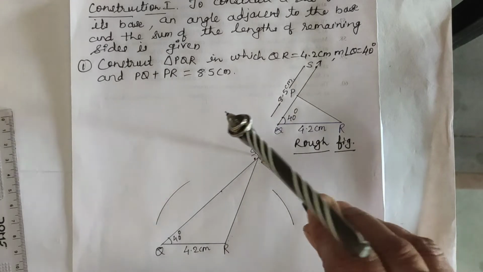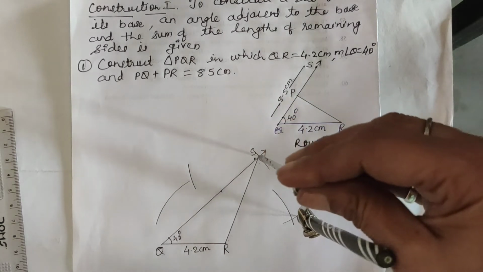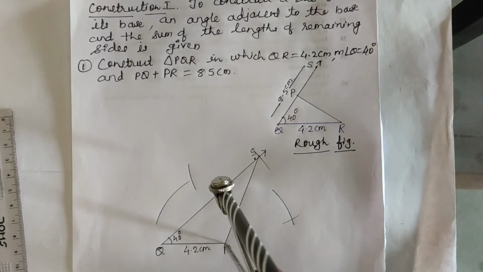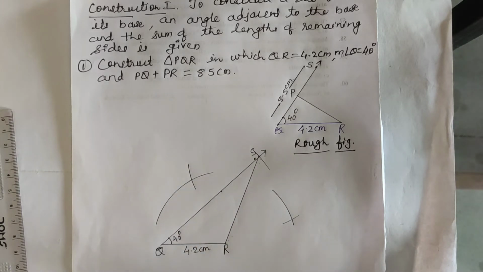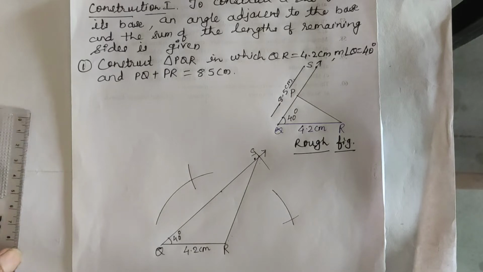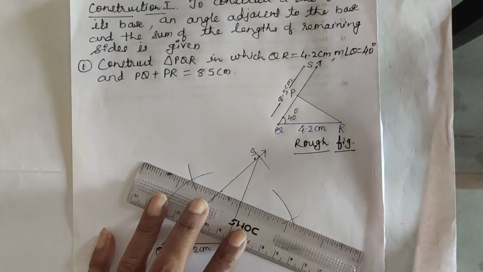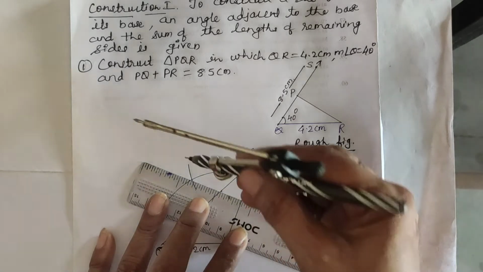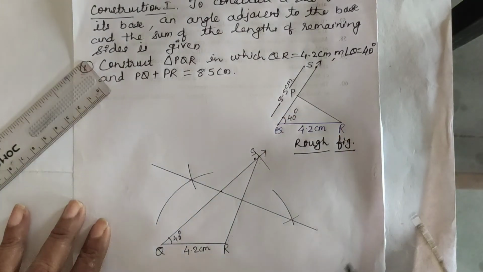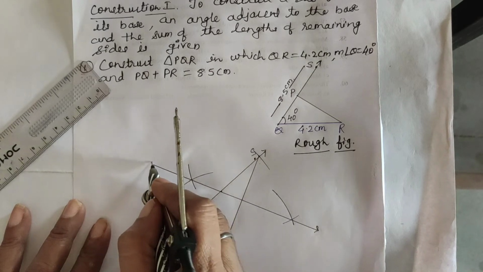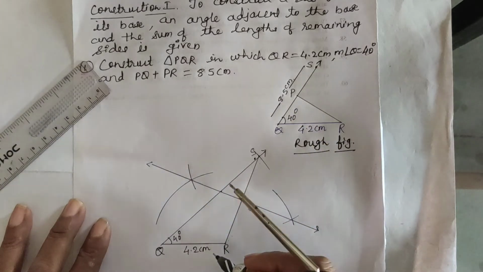Now one time this S will be the center point and cut off this previous arc. If the arc is not cutting, extend the previous arc. Okay. So now as you can see, this is the perpendicular bisector which we have drawn now. And now you have to join this point of intersection. The line should pass through this point of intersection. Remember children, so here is the perpendicular bisector. Put arrow on both the sides. So we have constructed the perpendicular bisector of segment SR.